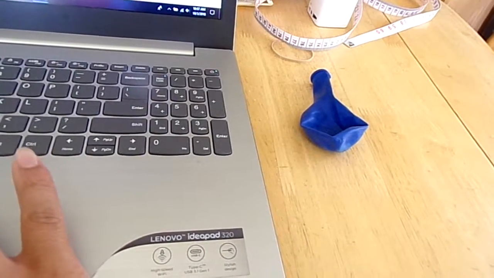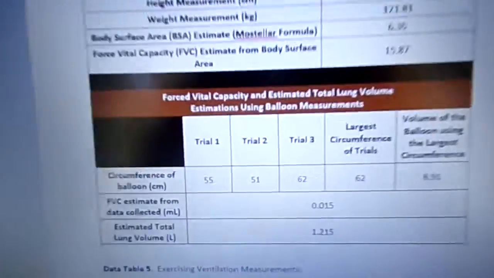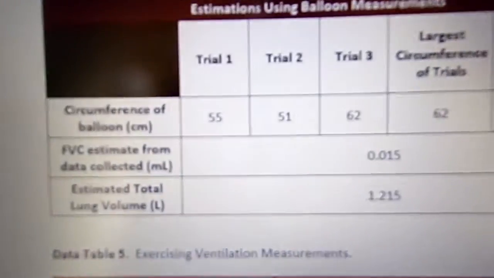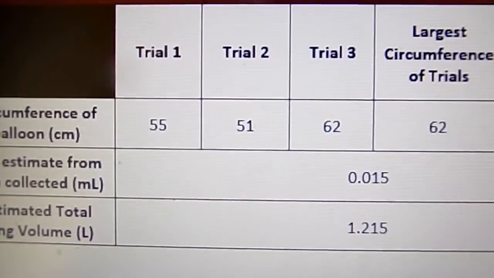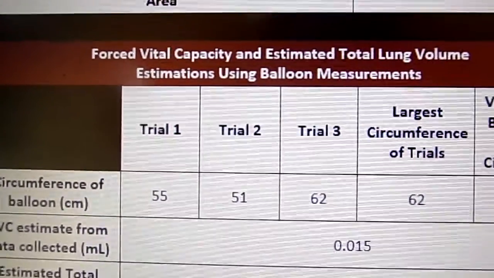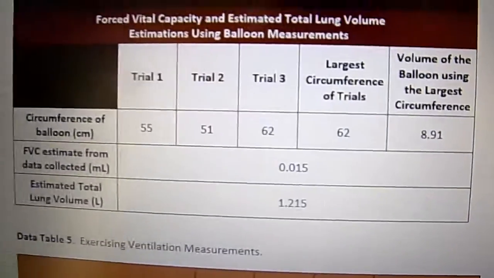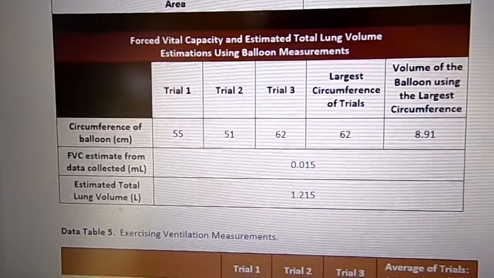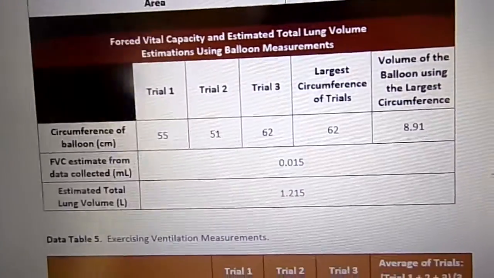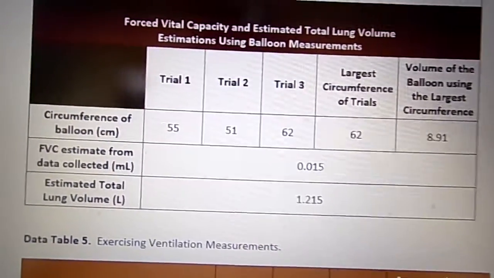So we have a couple of equations to determine our strength. And here are our numbers. These are my numbers. I did this trial earlier, and here are my trials. We're forcing air into the balloon, and then we're going to measure the circumference. Of course, I'm going to act out these trials, but we're not going to do all three trials. But you need all three trials to figure out the math, and you divide all these